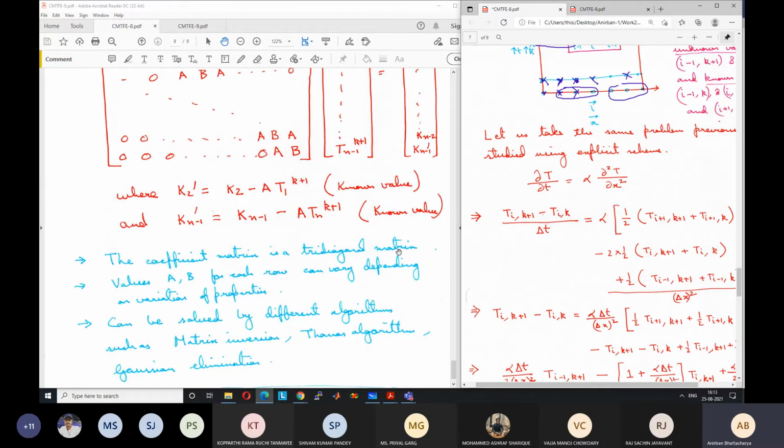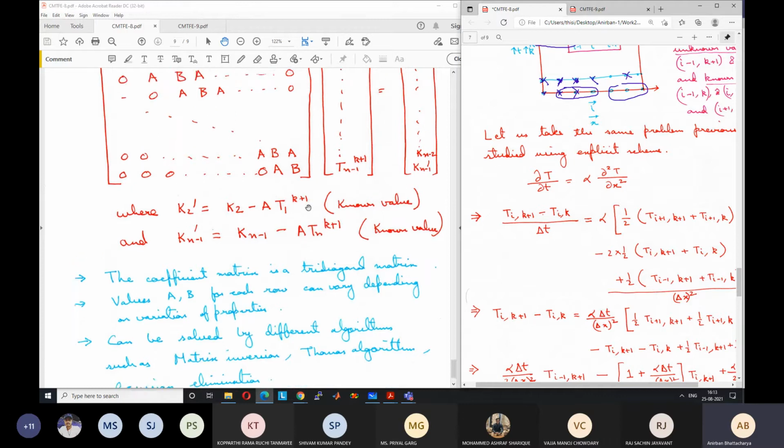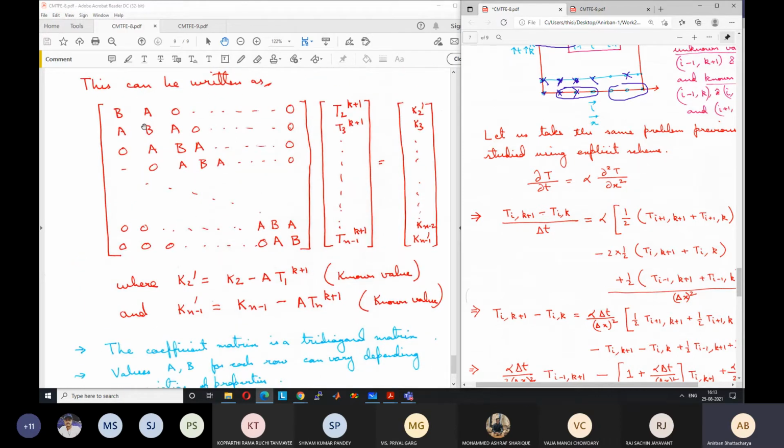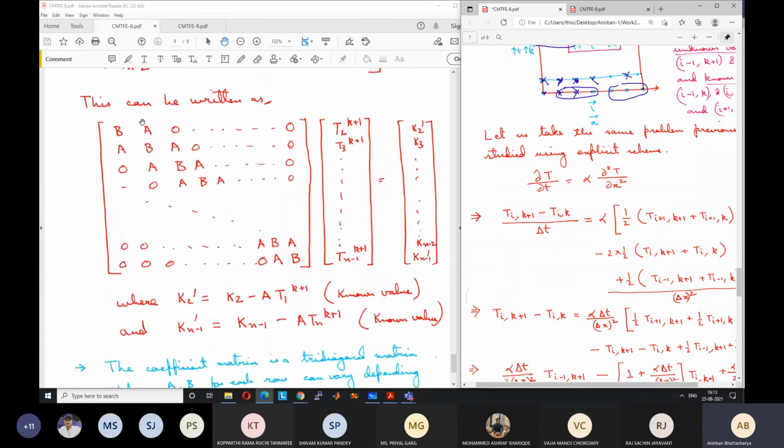So I've already discussed the coefficient matrix is a tridiagonal matrix. It's a very important property of this matrix, and it is what actually helps us in very quickly solving the problem. We will see later, we will have a discussion on what are the typical solution times. Okay, so normal, say Gaussian elimination type of process, does anyone know, if I have n points, how does the time scale with the number of points? If I have 100 points and it takes 1 hour to solve the problem, then how much time will it take for solving for 200 points approximately?